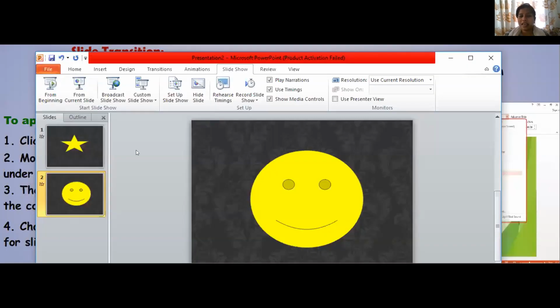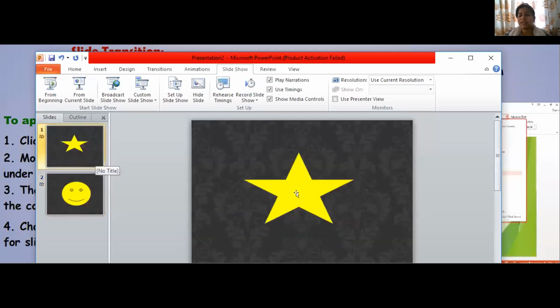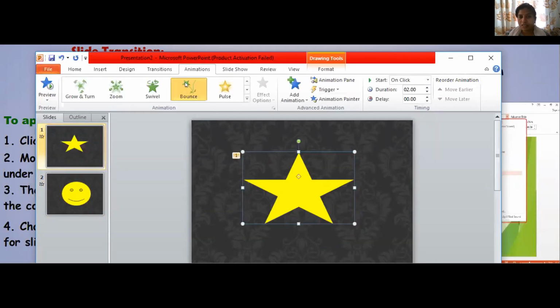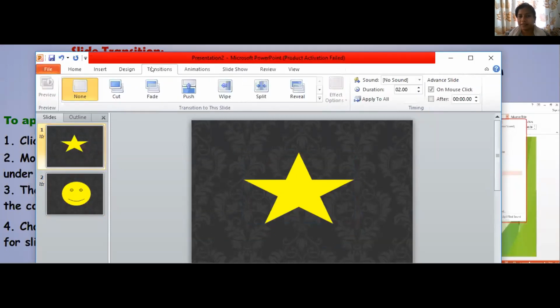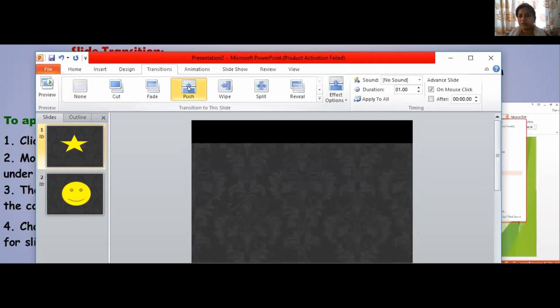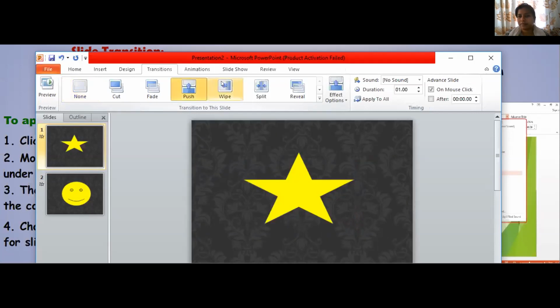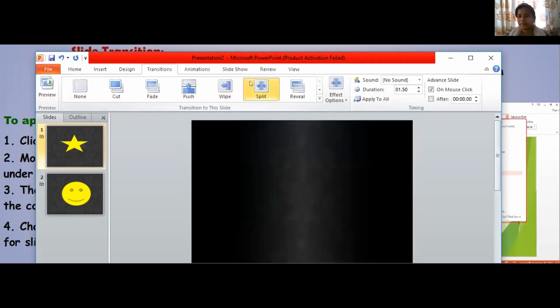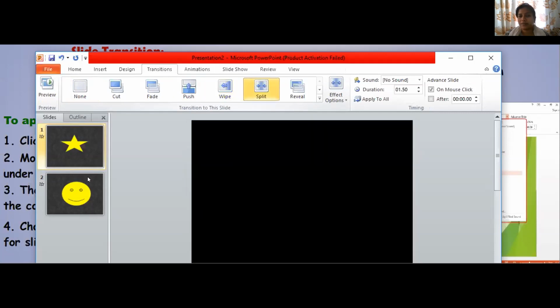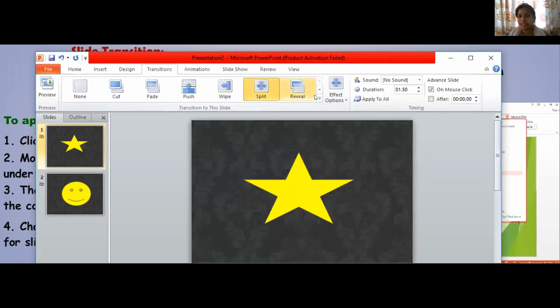Now let us see how to go from one slide to another. See, for objects, you decided how the object should come on the screen. Now let's see how the slide should come. Animations are for particular objects, but if you want to go for slides, you have to go for transition. See how the slides will come. I'll take this one for this slide, and the second one